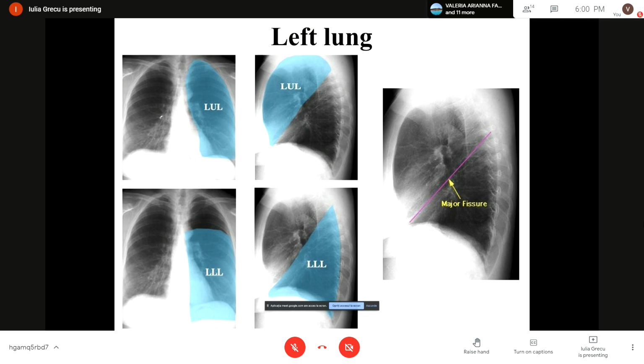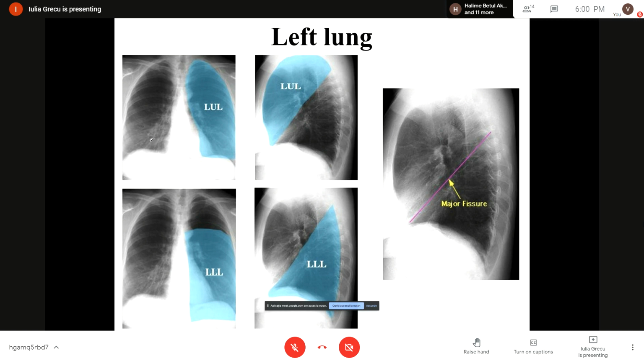They are composed of a lot of bronchi, divided into a lot of branches, which contain air, and between these alveoli and bronchi, there lies the interstitium, with blood vessels and connective tissue, which give this impression like this